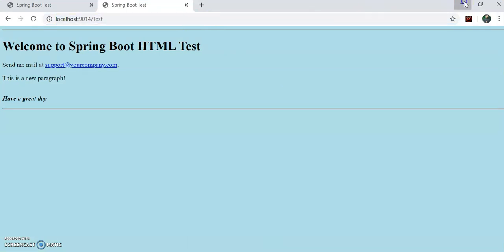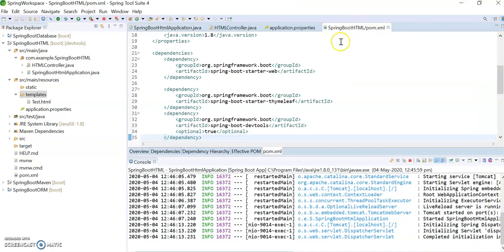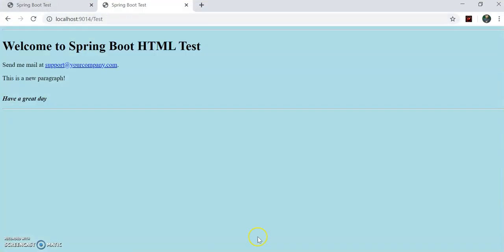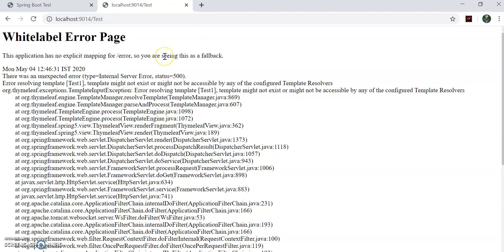Yes, the same thing happened. And if I change here to test1, then what will happen? See, an error is showing that the HTML page is not found.